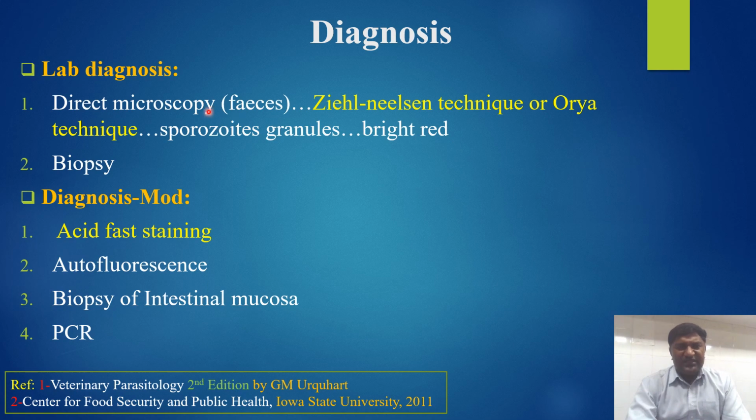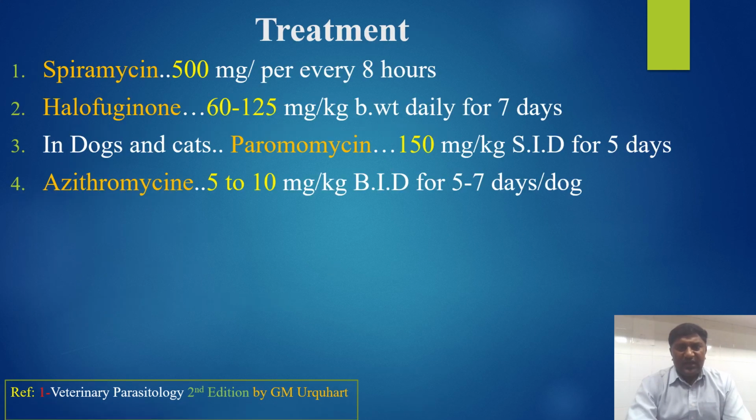For laboratory diagnosis: direct microscopy, the Ziehl-Neelsen technique or auramine technique, where you can observe the sporozoites as bright red granules, and biopsy. Other diagnostic modes include staining, autofluorescence, biopsy of intestinal mucosa, and PCR. And the treatment: the first one is spiramycin, 500 milligrams every 8 hours,